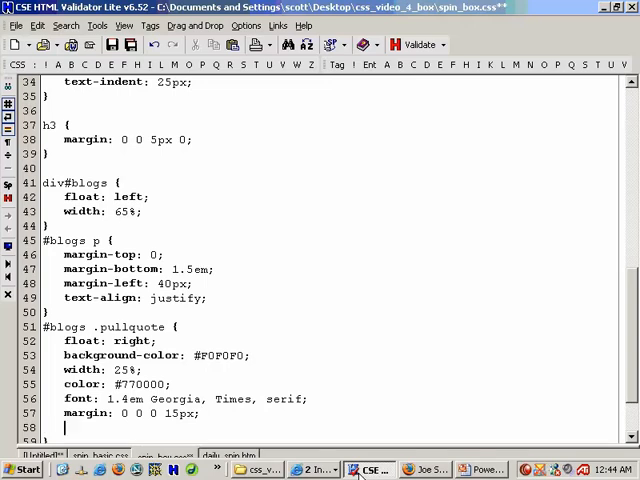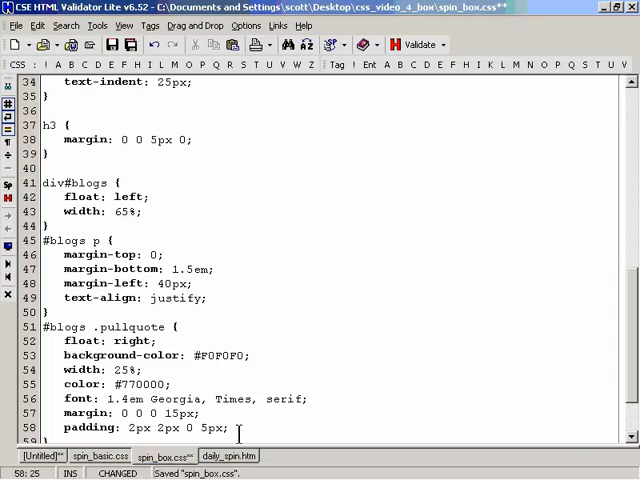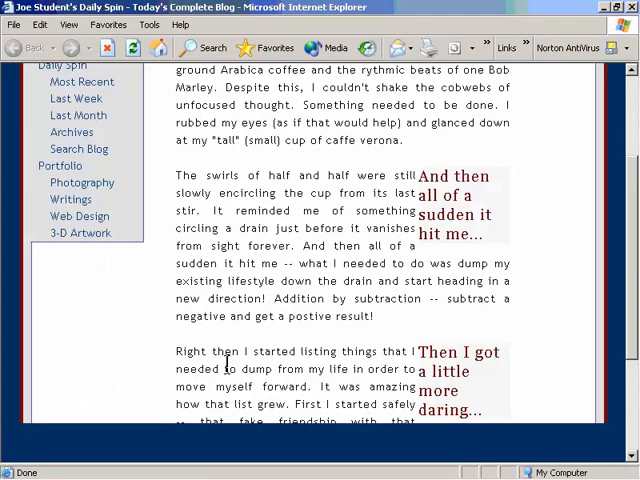And then in addition to that, we're going to set some padding inside so that the text of the pull quote is not right up against the edge of the gray box. And the padding is going to be 2 pixels on the top, 2 pixels on the right, 0 pixels on the bottom, and 5 pixels on the left. Okay, the left is where we have most of our concern because of the existing blog text sitting right next to the pull quote. So we're going to save, we're going to go to our browser, and we're going to